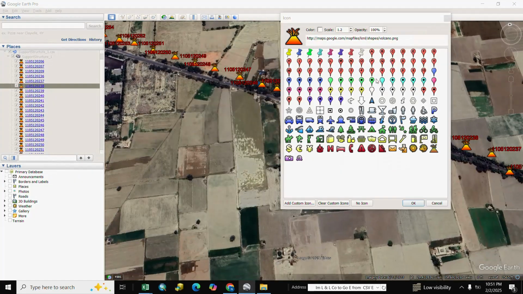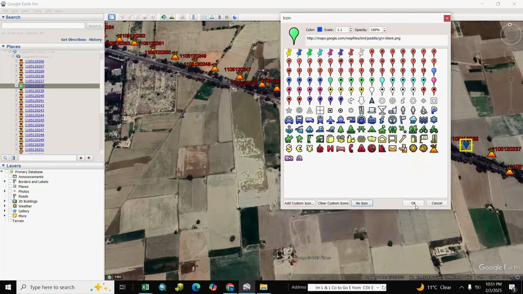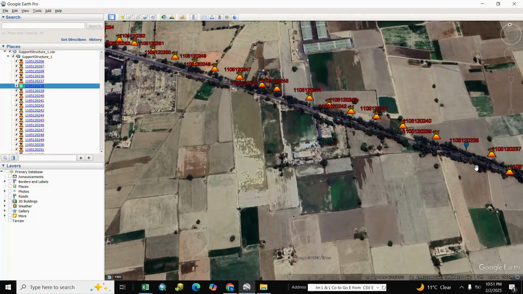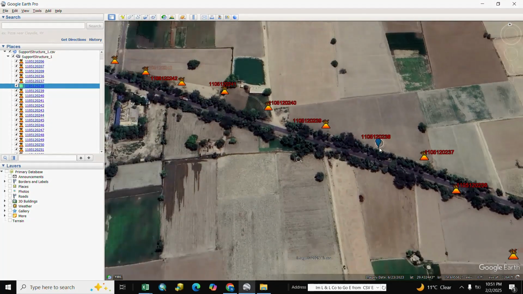We change symbol. If you want to change color, you select color, apply and OK and OK. You see here your point is different.